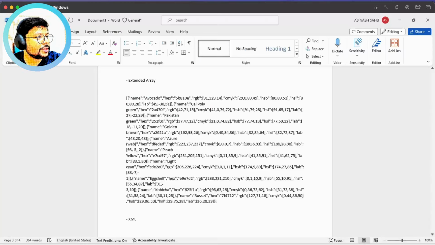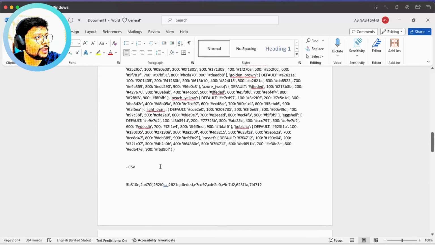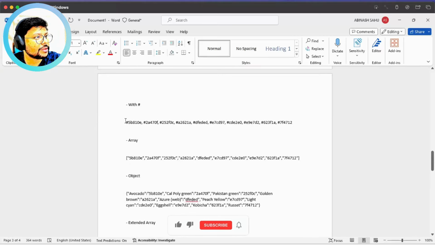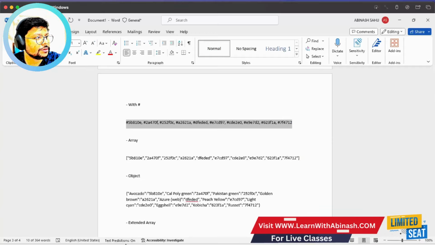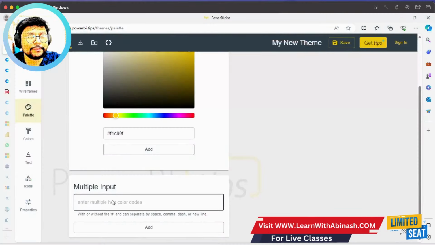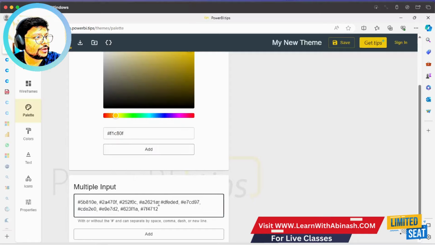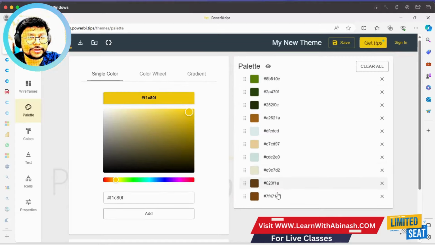So in the color palette, you will see the code we have saved, right? What you can do is find the comma separated colors. You can see them with the hashtag, all right? Just copy that comma separated color code, and then go to the website and you can see the multiple input. Paste it there and click on add. You'll see it automatically adds all the color codes. You don't have to add them one by one. Okay,